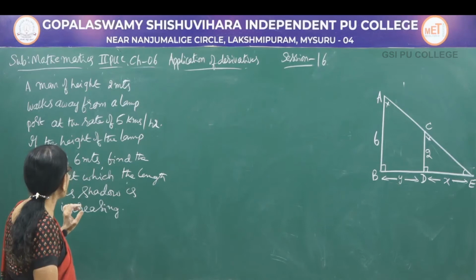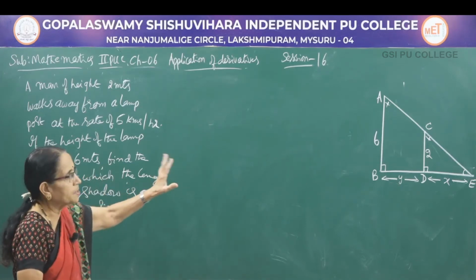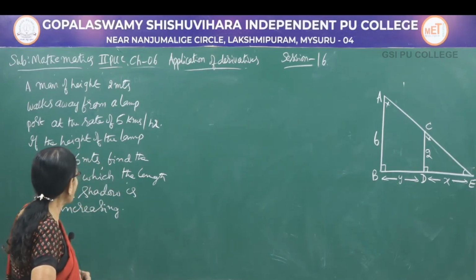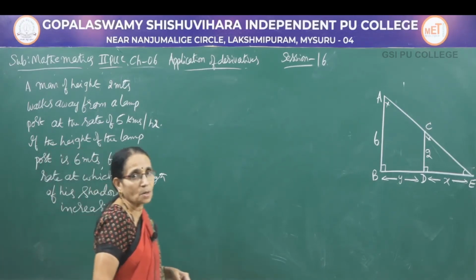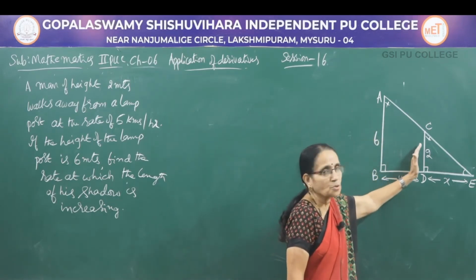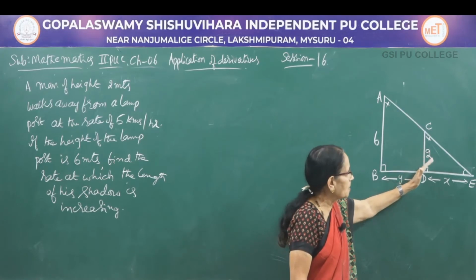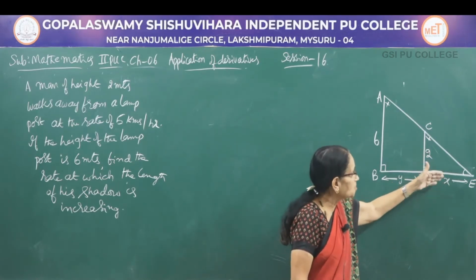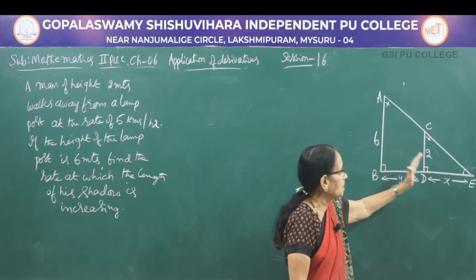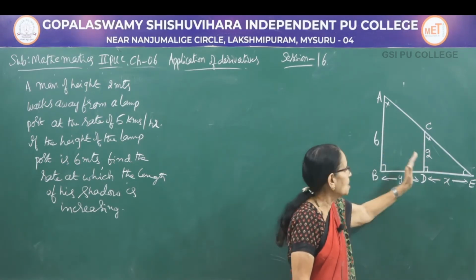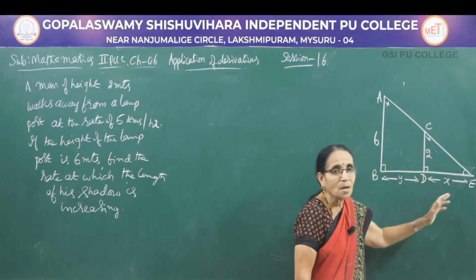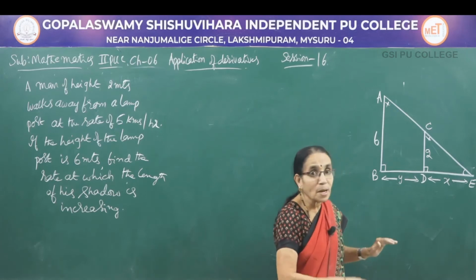What is it that you have to calculate? If the height of the lamp post is given to be 6 meters, you have to calculate the rate at which the length of his shadow is increasing. It's a common experience you might have seen. See, this is the lamp. Suppose you are standing in front of it. Our shadow falls just in front of us, isn't it? Suppose I am standing with my back to the street lamp here, my shadow falls on the ground. So as you move away from this one, this is the length of the shadow. D to E is the length of the shadow that would be increasing.